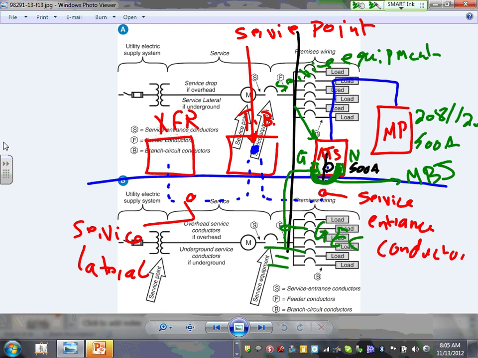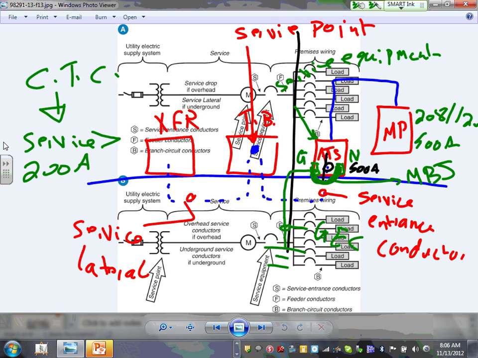The last thing I want to say: termination box or CT cabinet. When would you use a CT cabinet? If the service is more than 200 amp. Write yourself a note. If your service is more than 200 amp, then the utilities force you to put a termination box or a CT cabinet. Why? Because if you bring 400 amps into a meter, they might not have a meter that can handle a 400, definitely not a 1,000 amp. Say you have a 1,000 amp service and you want to bring it directly into the meter, you will burn the coils of the meter. So they take a CT cabinet, and from the CT cabinet,